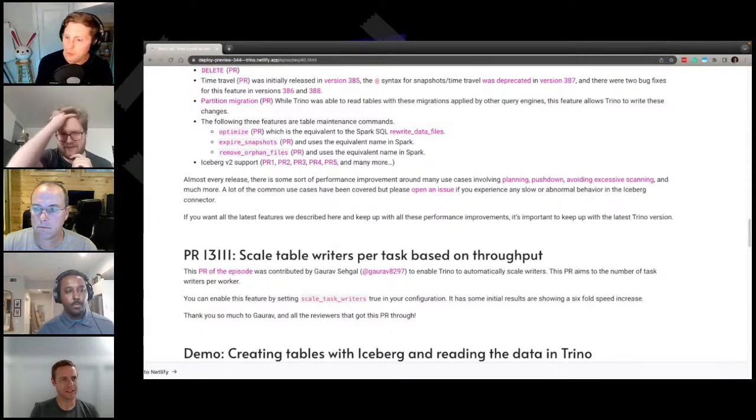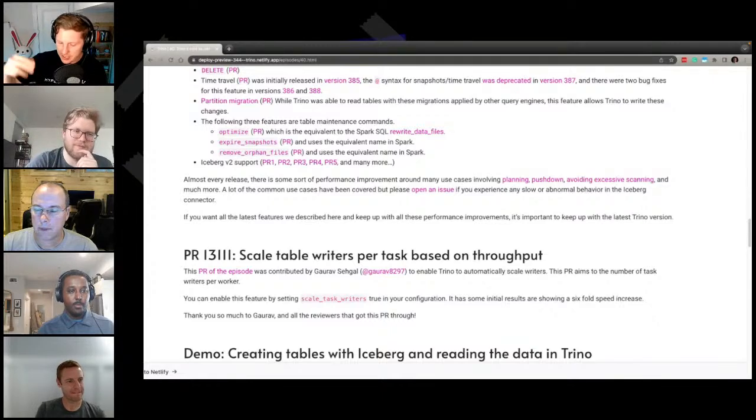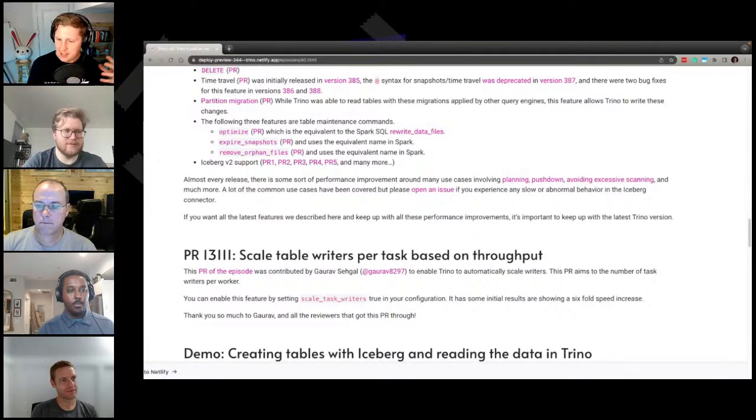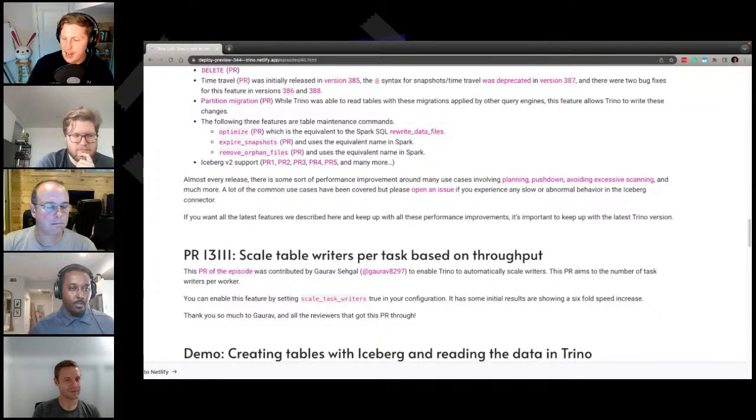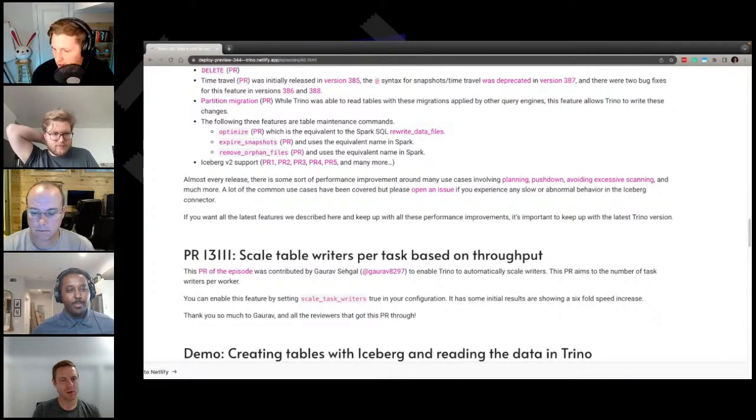Absolutely. And one final thing to add: with all these changes, we used to have to debate whether we would recommend somebody brand new to Trino use Hive or Iceberg. I think we're at a point now where we can pretty much just say, if you want to use Trino, you can just use Iceberg, and you shouldn't have to worry about all the stuff that could be missing from Hive that isn't in Iceberg yet. We're at a place now where that could be your primary storage.